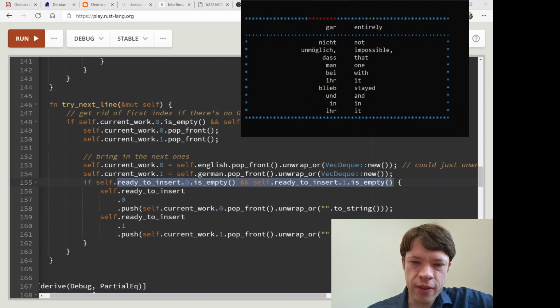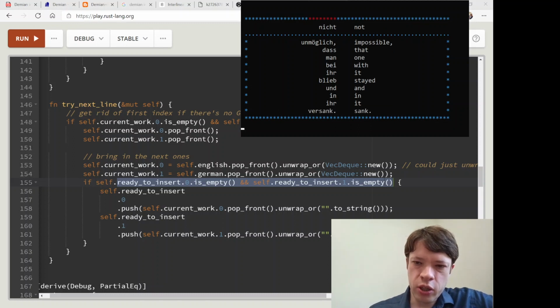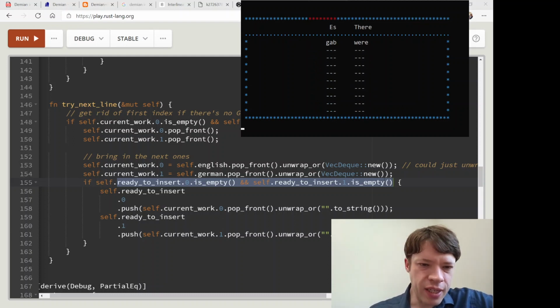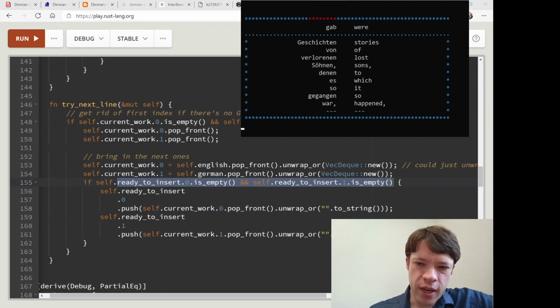But if there's nothing there, then it's going to bring the first word to the top. And this is for convenience, because a lot of the time the words totally match up, like das man by. So each word is matching up here. And so when it brings in a new bunch of work, then it should also move it to the top, and then I can just keep on hitting enter.